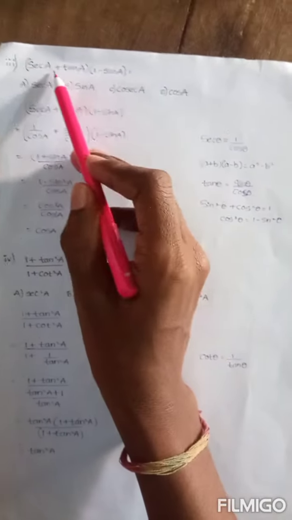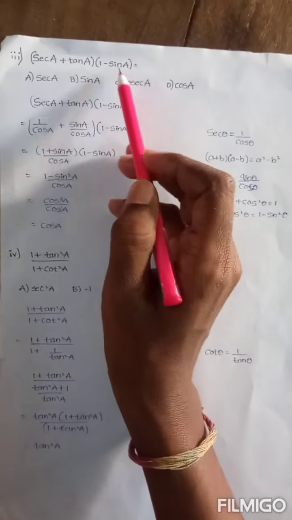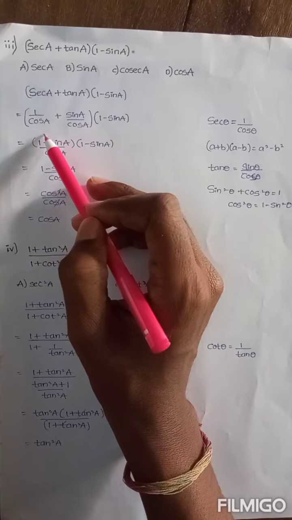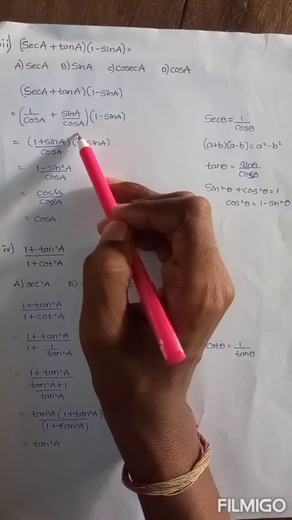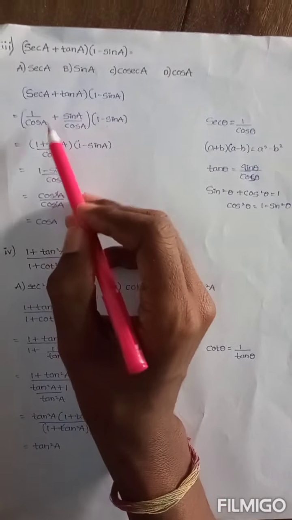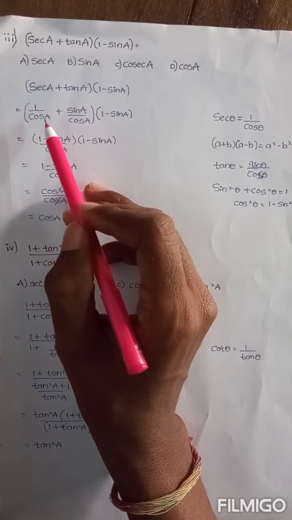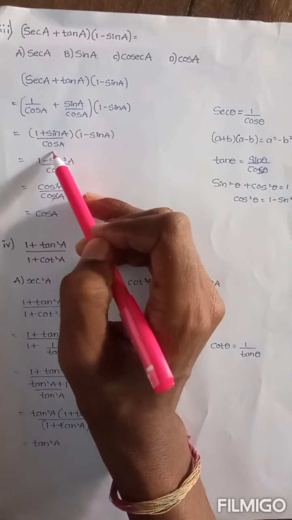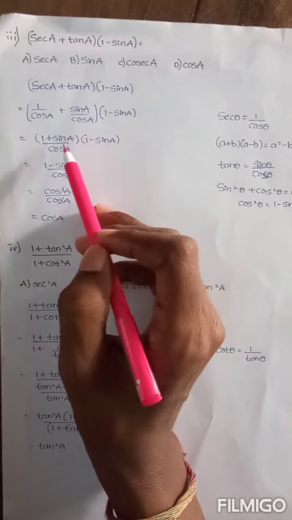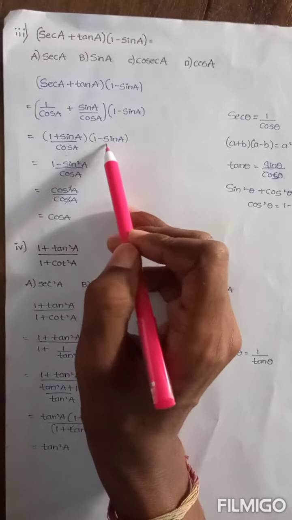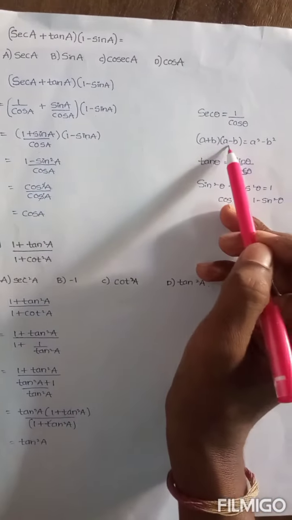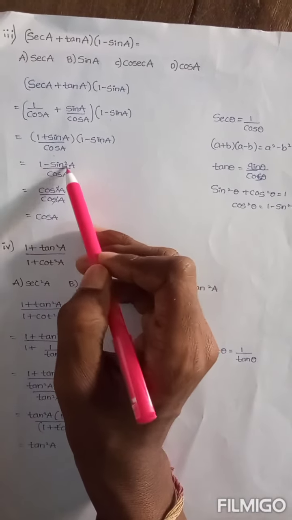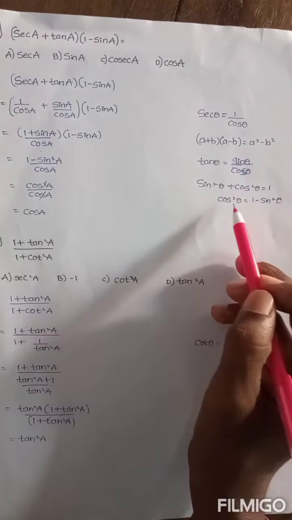Third one is sec a plus tan a into 1 minus sin a, right? Here sec a is written in terms of 1 by cos a plus tan a is sin a by cos a into 1 minus sin a. Here we can see that in the denominator cos a is common, therefore it can be written as 1 plus sin a by cos a into 1 minus sin a, and you can see that 1 plus sin a into 1 minus sin a is in the form of a plus b into a minus b, which is equal to a square minus b square. Therefore 1 minus sin square a by cos a,